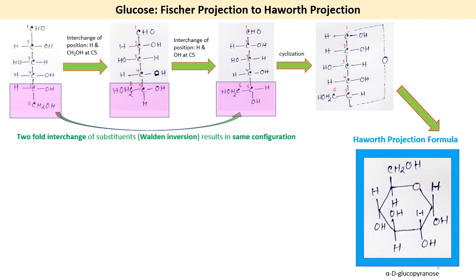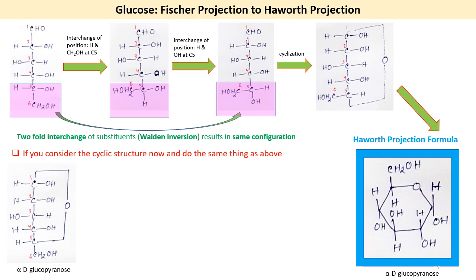How do we do it? We will understand this better in the next slide. I'll show how to do it easily. Okay. So this is the Haworth projection formula where you have the 6-membered ring in this pyranose form. Now in this case, this is the C1. In this case, the C1 has the hydrogen and OH group in this particular orientation. That is, the OH group is at the bottom, or the OH group and the CH2OH group are trans to each other. So this is the alpha anomer or alpha D glucopyranose, right?